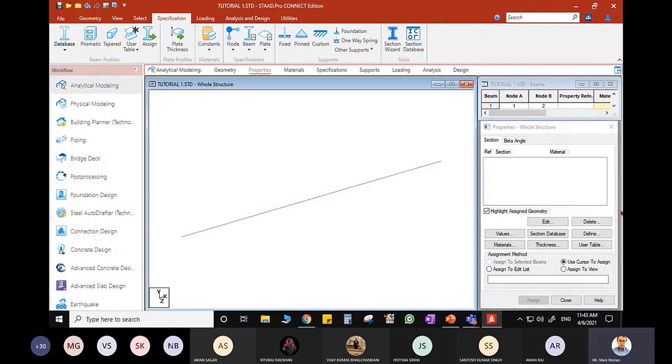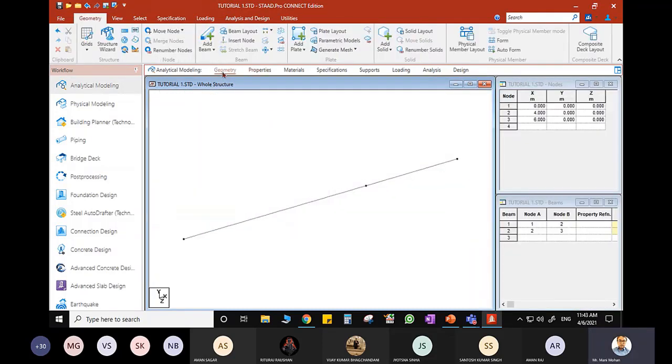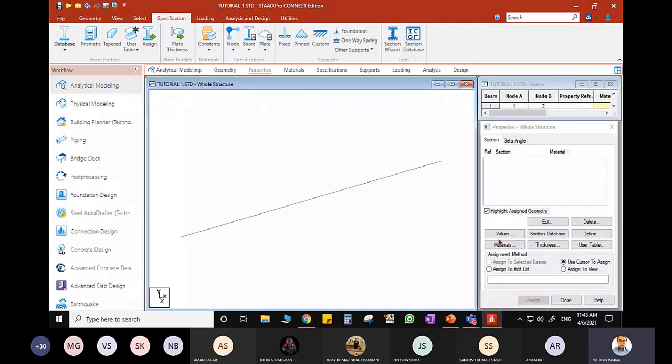As soon as I click property, you can observe this is the dialog box which appears, which is denoting properties whole structure. I'll repeat, like if you are in the geometry tab, if I click property, this is the dialog box which I get. Here I need to define the properties of the material. By properties of the material, I need to say of what cross section it has been made.